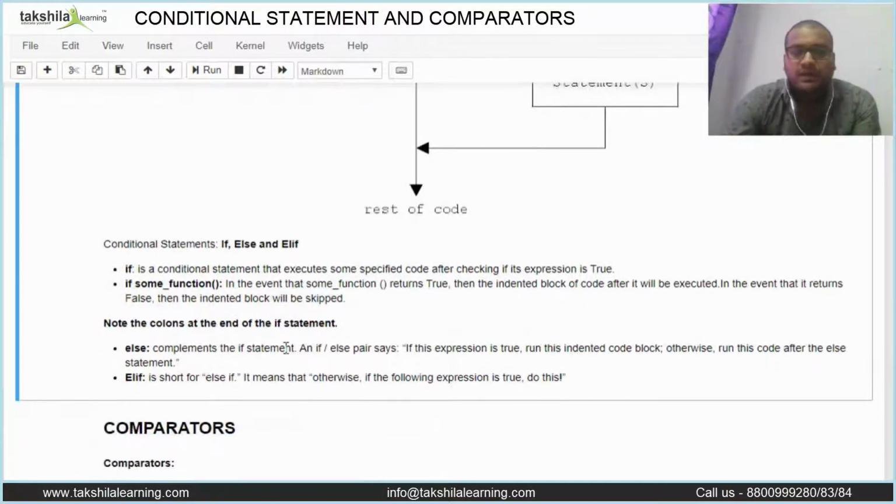Then there is elif. Elif is the short form of else if. When we are checking more than one condition, first we check the if condition and assign some condition there. Just think that the condition is not satisfied and we want to check one more condition. So we go for the if elif. In that elif we assign another condition, and if that condition is satisfied, it will execute the statements inside the elif. Otherwise it will go for the else part directly.